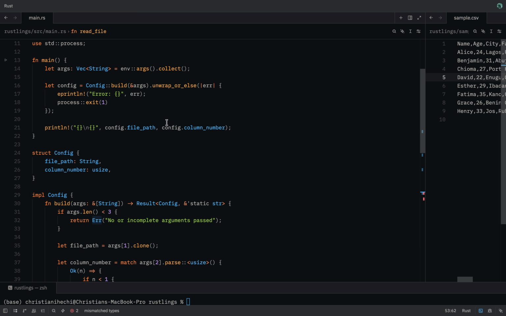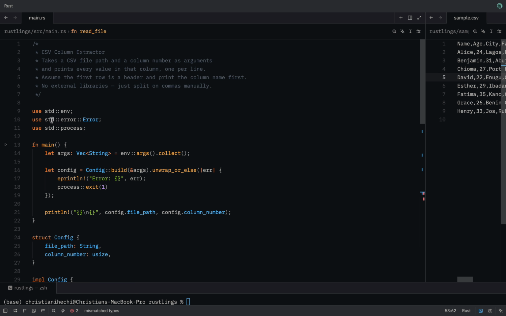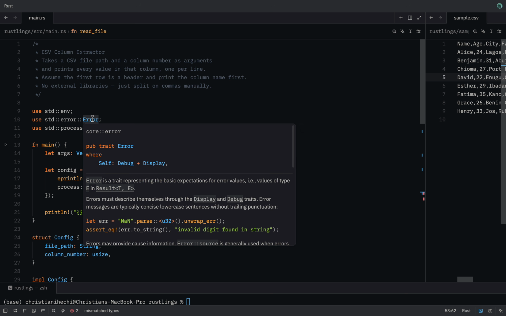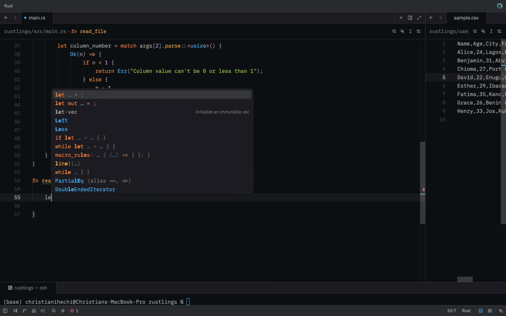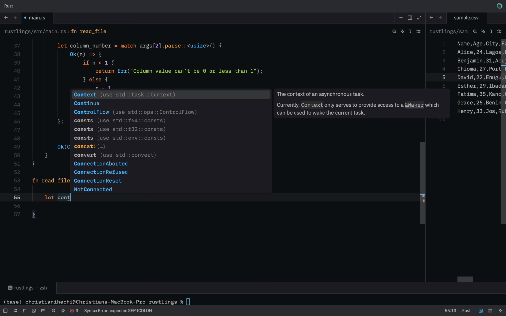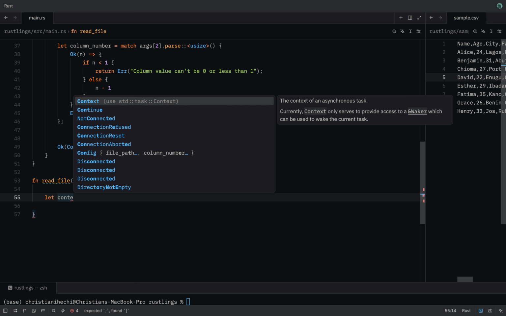If you go up, you can see the error module. This is the trait Error. You can read more on this, so you understand it and when and how to use it. What we now have to do is check if we can get an error or not. So let's try to store our file content inside of